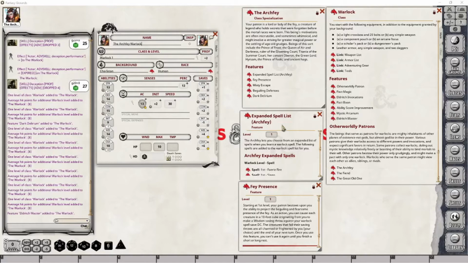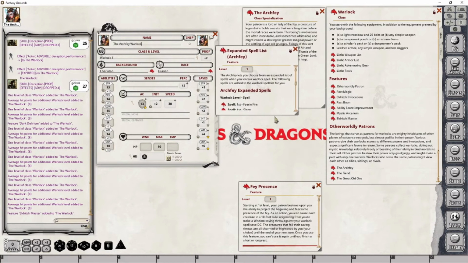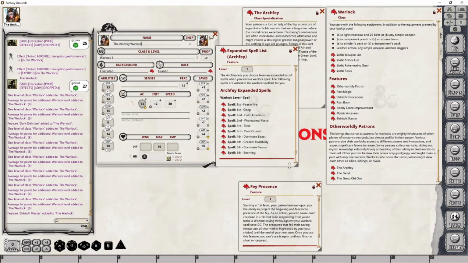In relation to the Archfey expanded spell list, this feature means that whenever you have the option to choose an additional Warlock spell, you can also consider these spells as something you can choose. But you can see that they are also level locked, meaning that you can choose these two at first level. This one would be classified as a second level spell, a third level spell would be this, a fourth level spell would be these two, and a fifth level spell would be these. So when you unlock the ability to cast first level spells or second level spells, when it comes to your spell slots, that's when you can actually choose these.